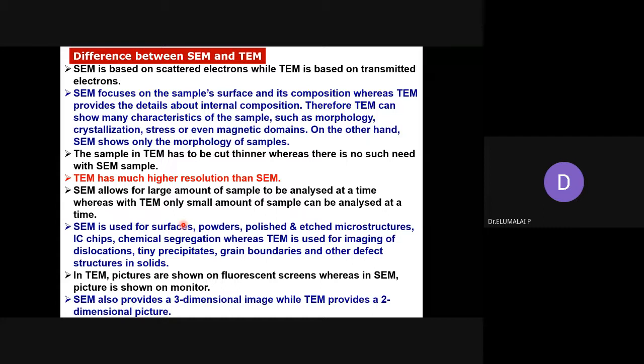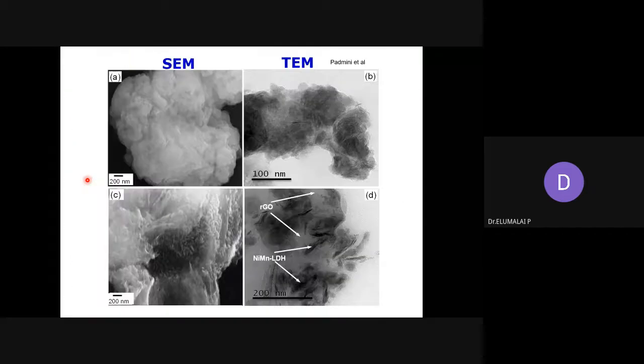When I say transmission, you should remember Beer's law or Beer-Lambert's law. We spoke about it in the first unit. Transmitted intensity, light has to come out. Similarly, electron has to come out of the sample. When the electron has that feature, the intensity, energy, and all those things are different, and you manipulate it, and you are going to make TEM. Magnetic domain size, crystallographic domain size, lattice parameters, lattice fringes, all that information you can get.